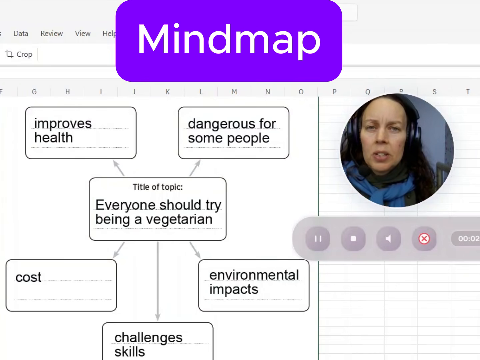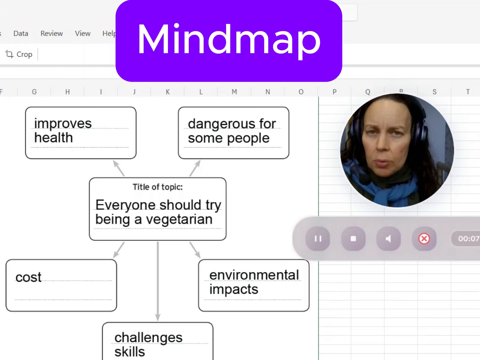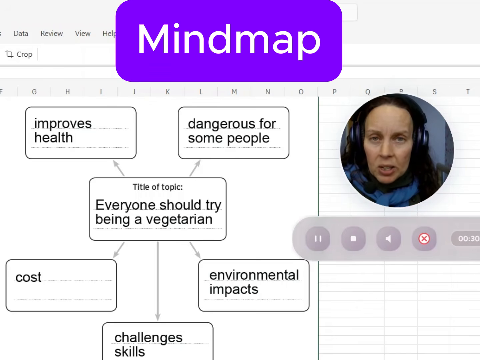And the last thing I want to do is to make a mind map. So I created my sentences. Maybe I used ChatGPT to give me some more ideas. I practice the language functions so I can speculate, I can give advantages and disadvantages, I can give advice, I can disagree. If there are certain things I think, yeah, I want to show that vocabulary to the examiner, I've got a great sentence about that. I really want to use that. I make a mind map. And this looks familiar, doesn't it? It looks like a B1 mind map. You don't have to have 5 points. You can have four, you can have three. We don't want to make six, though.